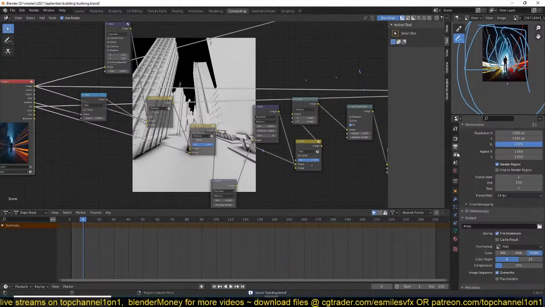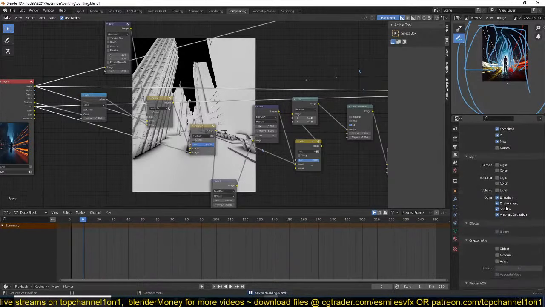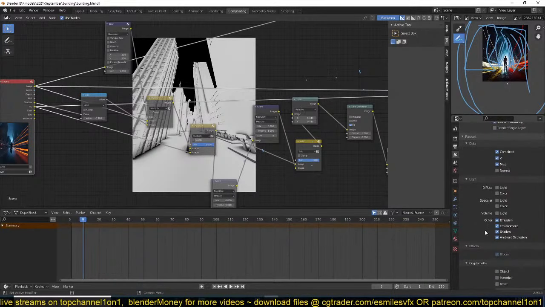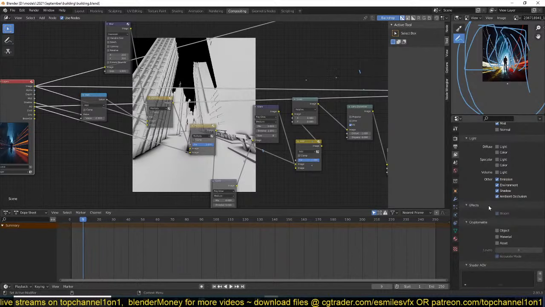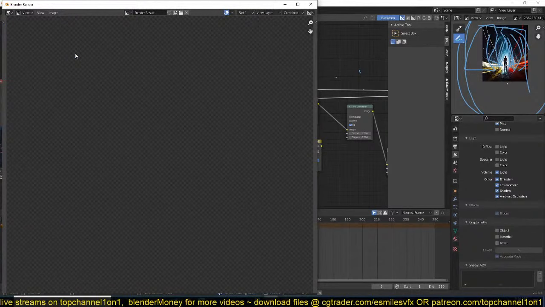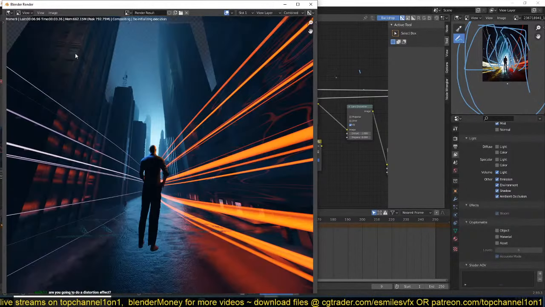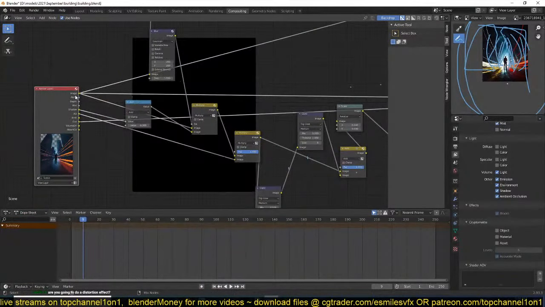And I think we should also have an option to render out the volume. We should have a volume pass. Yeah, volume here, so you can use that. So I'm going to re-render this. And that should give us an alpha mask